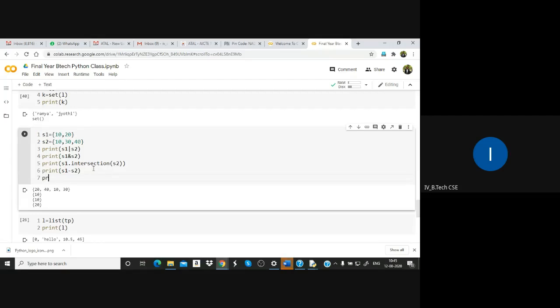Print this one. If you put the cap operator, that gives you the symmetric difference.